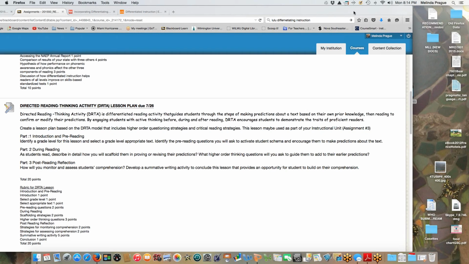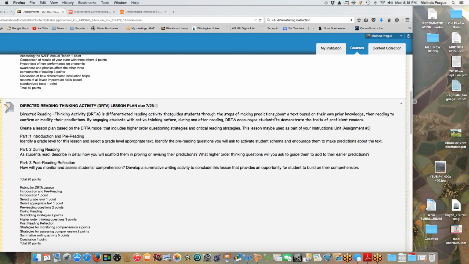Mine was I believed that the use of speeded speech, that's why I speak so quickly, not really, would help learning disabled youngsters comprehend material better. And I'm not the first one who came up with that hypothesis, but I did a study to show that yes, it worked. Why? Because the kids had less time to wander off. These kids were such struggling readers that if they heard it recorded quickly, they really paid much better attention and they could listen faster than they could read. So that was the premise. So we all make hypotheses. Sometimes they're not right, and that's okay too. That's how we learn also.